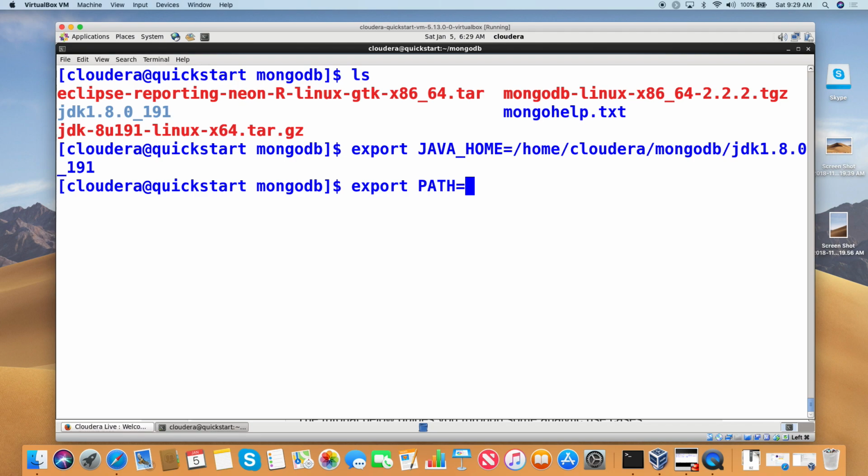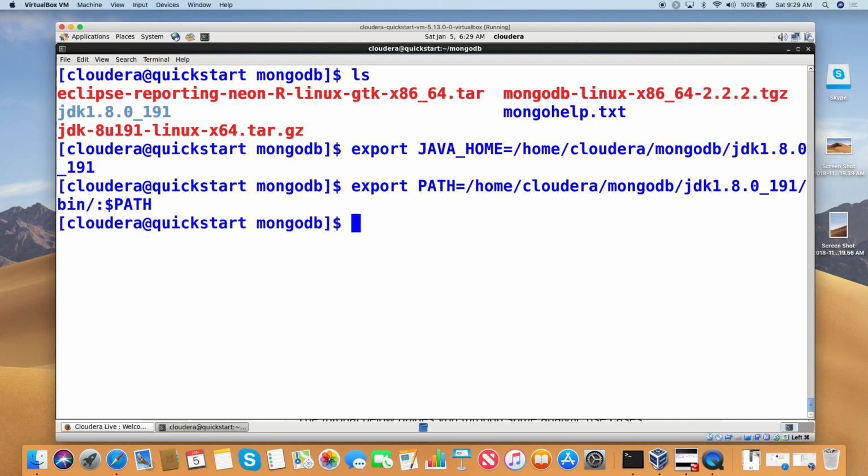How will you refer to that variable? You should put a dollar and then write JAVA_HOME slash bin. Automatically it will be substituted when you click the tab key. So now this is going to take precedence over the existing path. $PATH means take all the existing path and append it at the end. So even if JDK 1.7 is there in that path, it is coming last. What will be given preference? What comes first. And what is coming first? 1.8 is coming first. And now try,